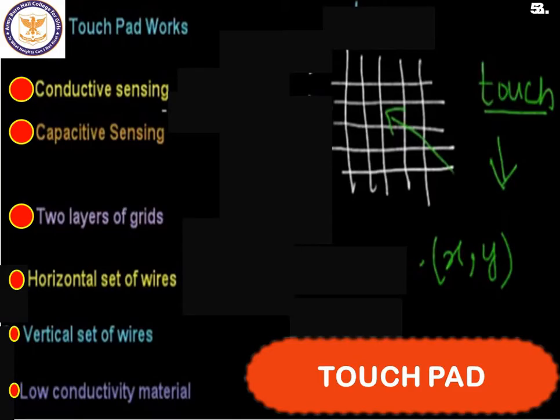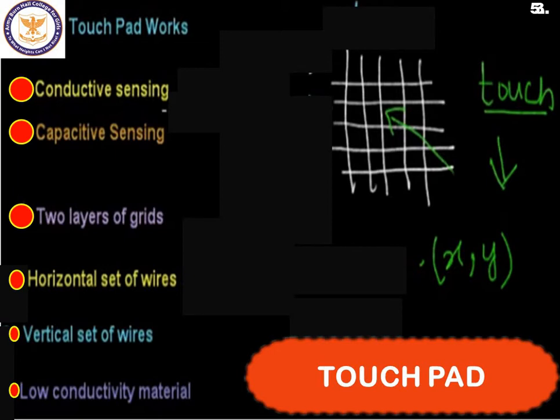If you talk about the working of the touchpad, the two most commonly used technologies in the making of a touchpad are conductive sensing and capacitive sensing.